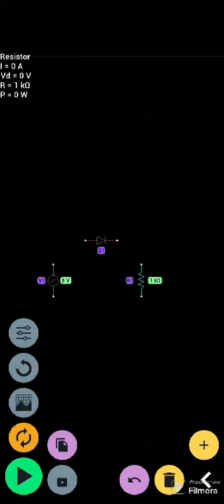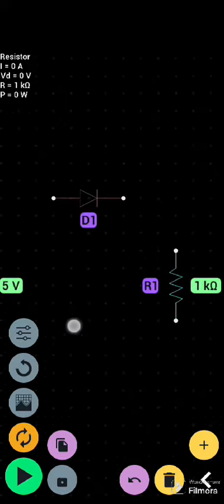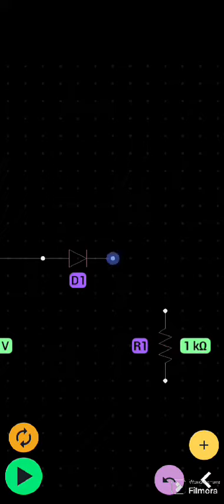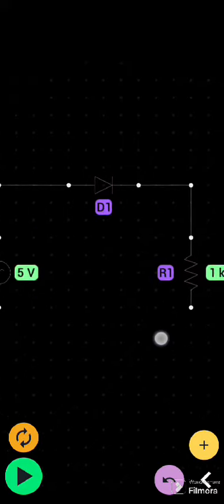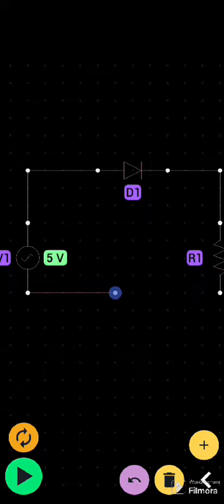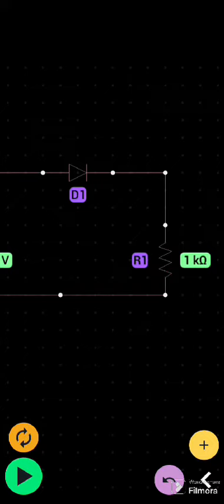To interconnect them, there are dots available on both ends of the components. Clicking on that dot and moving midway to the next dot where you have to connect, you can put the connections as we are doing in our circuit right now. Now since the connections are complete, we can see the current flow. Pushing the play button, see the current flow.